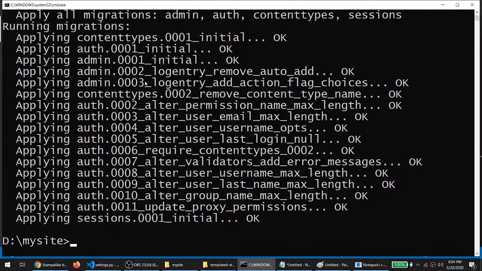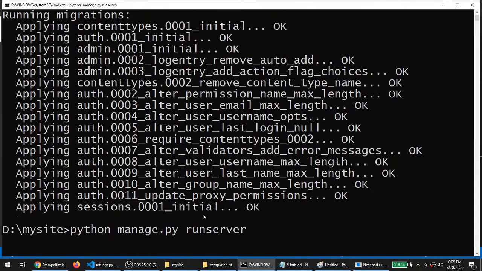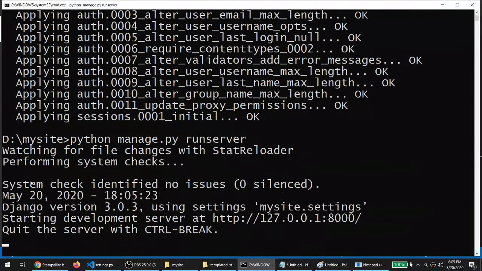Here you can see all the necessary migrations are done successfully, like admin, auth, right? This migration has created a few tables in the SQLite database. If you change to MySQL, then it will also create tables in the MySQL database. Now if I run my project again, the message is not visible. You can see the warning has gone, right?